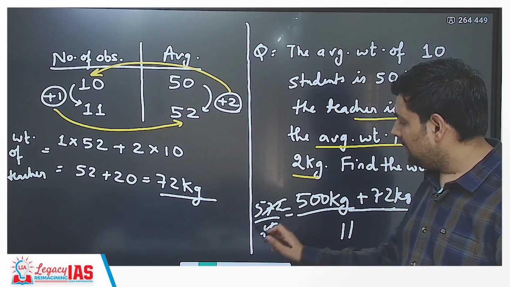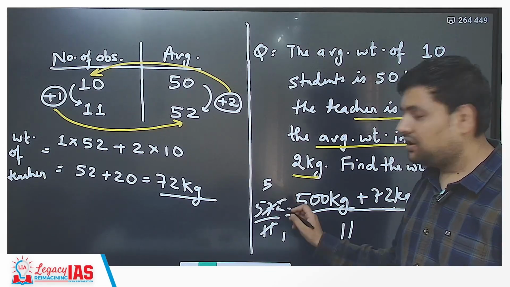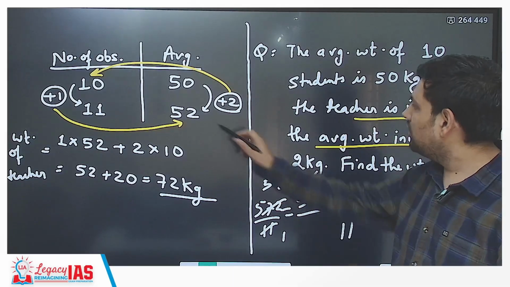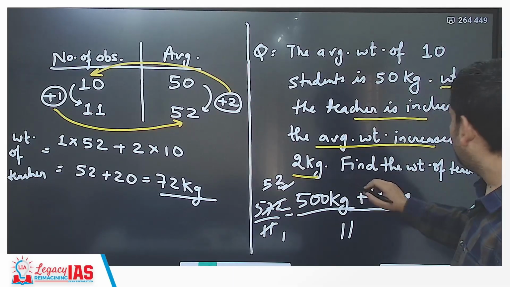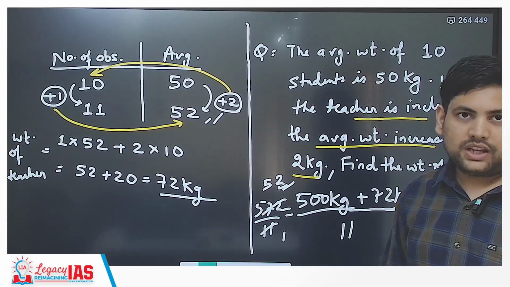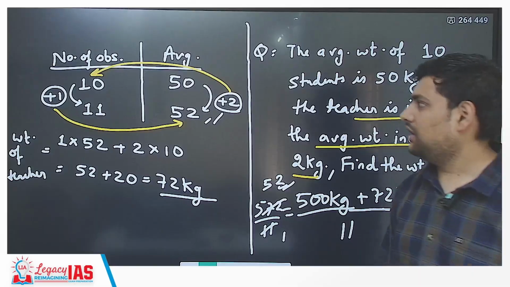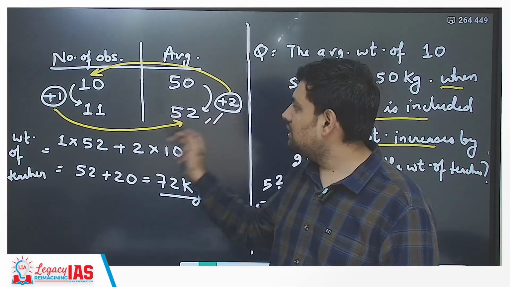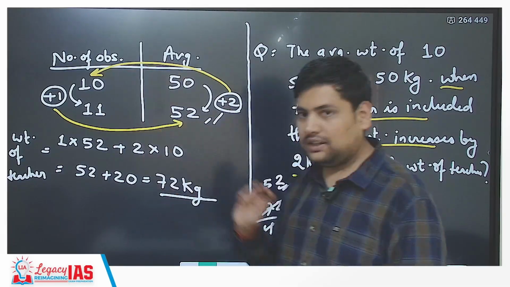Let's see how many times this goes. One time, 5 times, 2 will remain with 22. It will go 2 times. So you got 52 as given in the question: increases by 2 kg, or becomes 52 kg average. Understood? Simple. Okay, so this is the method that we'll be using. First we'll write the difference here, and then multiply and add like this. Then